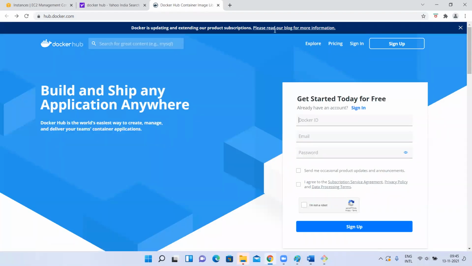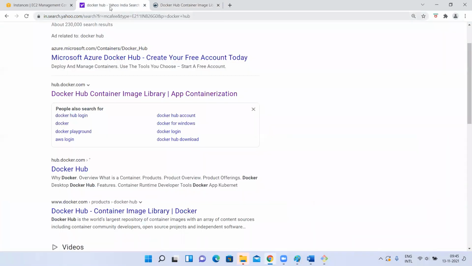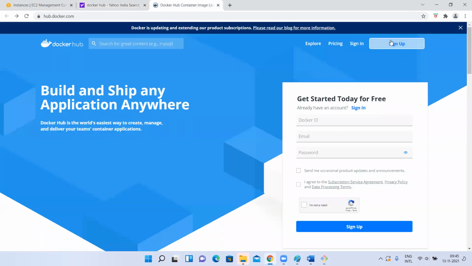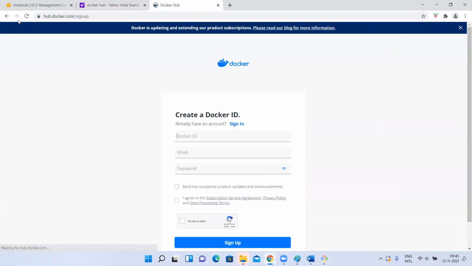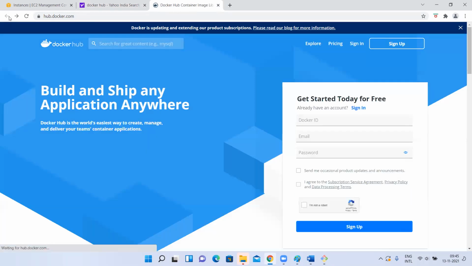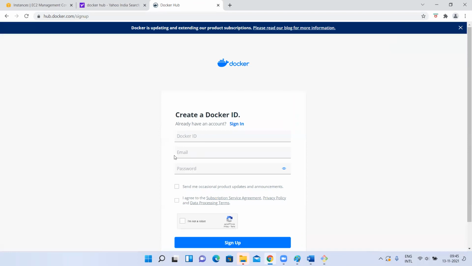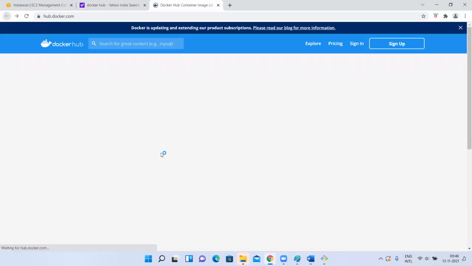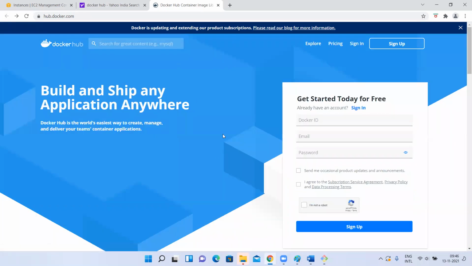You sign up into your Docker Hub, just type Docker Hub in Google. You'll see hub.docker.com. Open this, click on sign up, enter your details, right? ID, email ID, password for your Docker Hub, not your Gmail. If you give a Gmail ID, don't think you have to give the Gmail ID password. It should be unique. This is going to be your login password for your Docker Hub. So you give something here. Okay, next, login here. Done, right? Next.